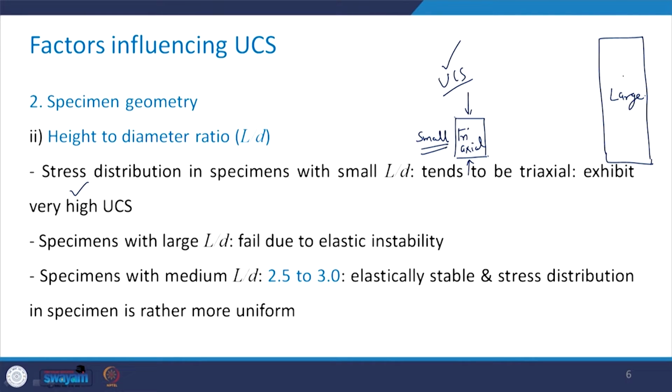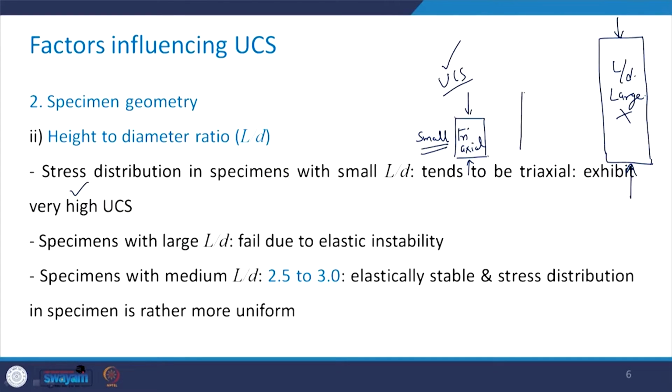What will happen in the case of a very large specimen? Let us say L by D is very large. When you apply the load, there is going to be elastic instability in the specimen, and the specimen will fail because of that, not because it is subjected to uniaxial compression. So, it will fail because of the elastic instability. Again, this is not going to give me the correct picture, and therefore we have to go for something like this,